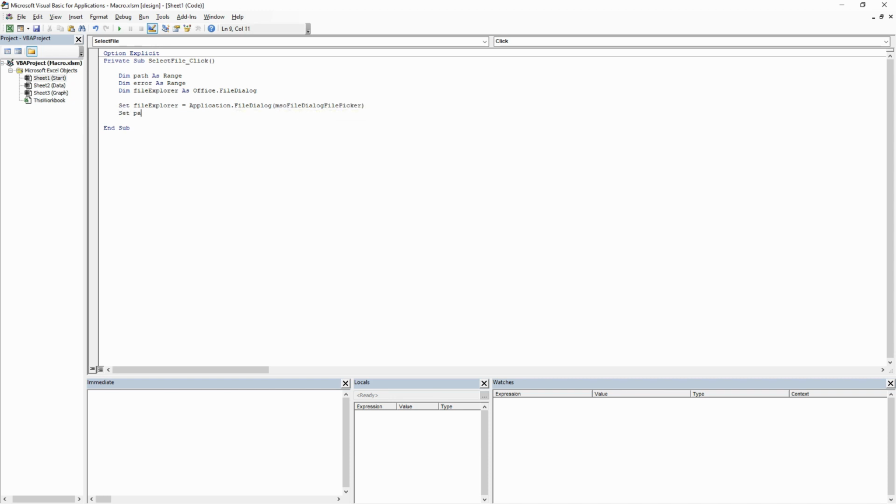In order to fulfill our requirements for the file dialog, we need to change proper properties. We set the AllowMultiSelect property to False, because we only select one file. The next move is a change of the dialog title. Another key thing to remember is that before creating your own file filter, you need to clear it. As a result of this action, we can define a filter. We want to see only Excel files. The first string is a title, another one is the filter content.